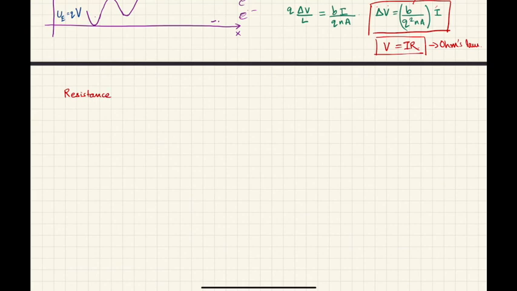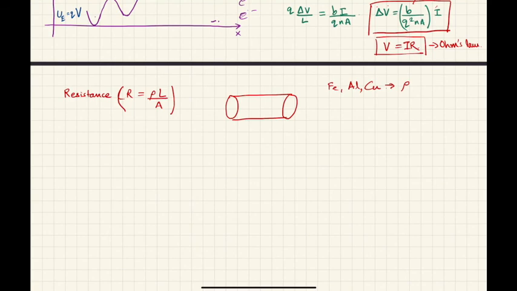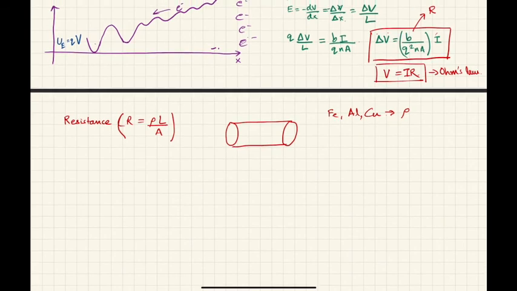Resistance R is equal to rho L by A. What that means is that if I have some material, say iron or aluminum or copper, then each of these has some intrinsic property of resistivity, rho, and that depends on things like how large the viscous force is in that material, and that can depend on the arrangement of the ions and things like that,